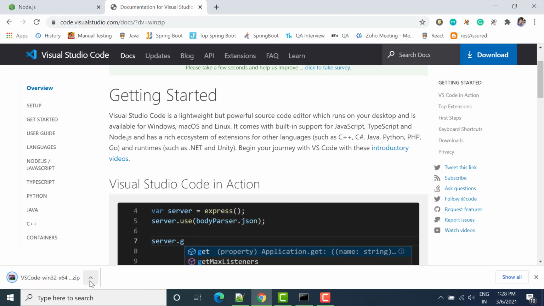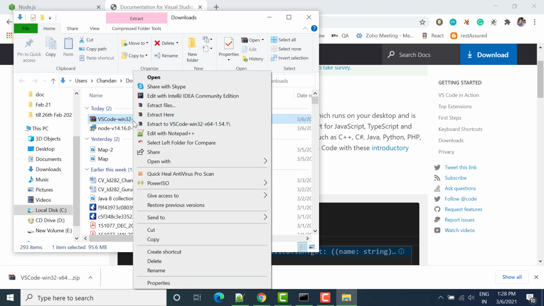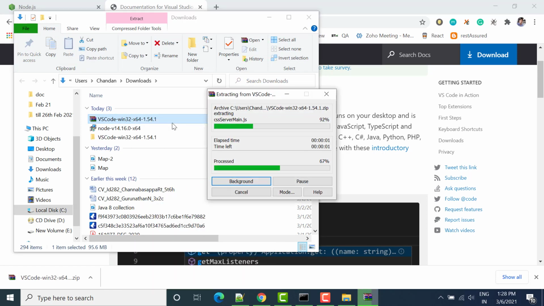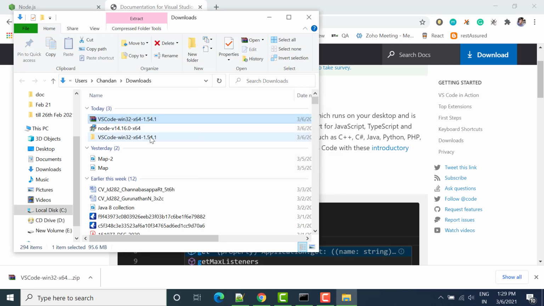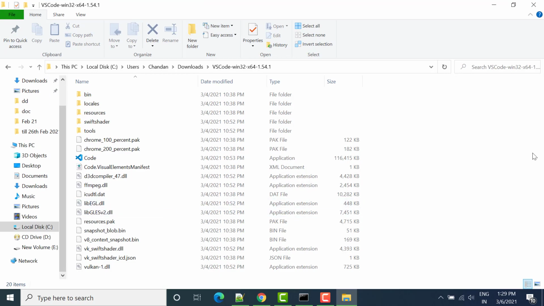So Visual Studio Code is downloaded. Let's go to the folder, extract it, and now once you will go inside this folder you will see here a lot of files.